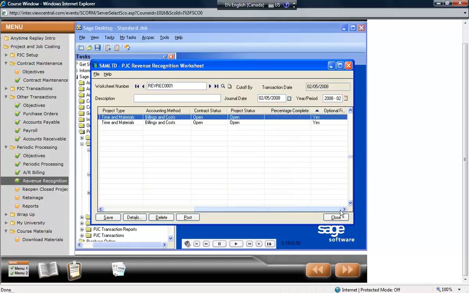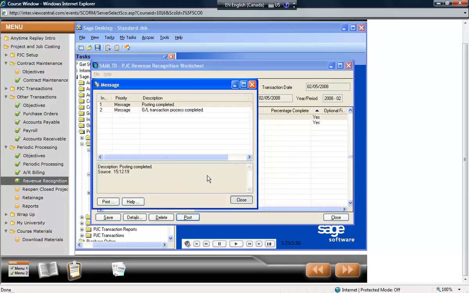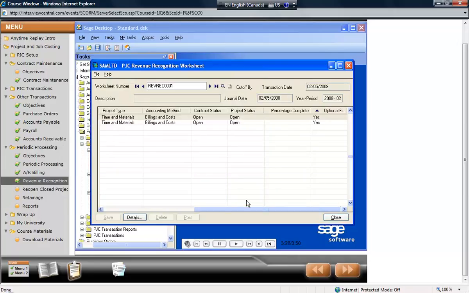When you click the Post button to post the revenue recognition worksheet, a confirmation window appears asking how to deal with projects that will be closed. Once the worksheet is posted, a GL batch is generated. If the option to automatically post GL batches is selected in PJC Setup, the batch will automatically post in the GL. Once the worksheet is posted, the recognized column is updated in contract maintenance, and if selected, projects that were completed will have their